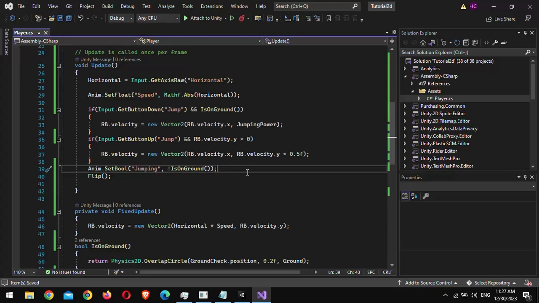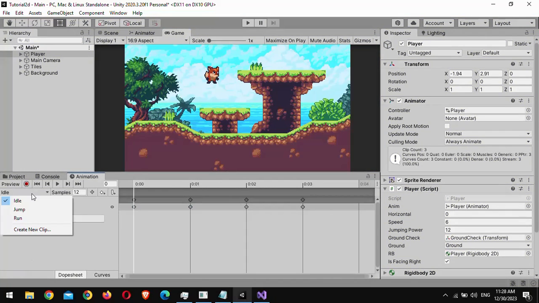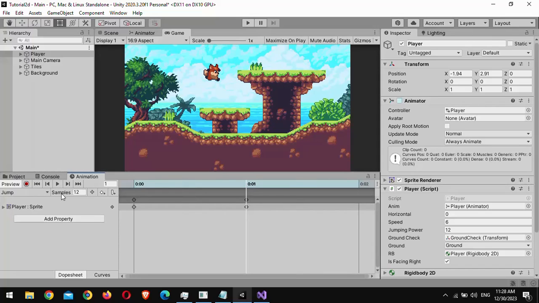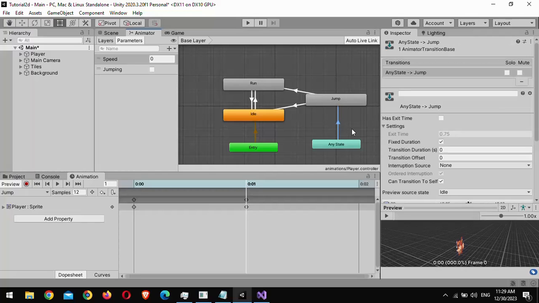Let's test this out. As you can see, I jump and it works fine. Now you can see that only one frame is actually moving from our jump animation. If we go to our jumping animation, we can see that there are 2 frames, but only one of them is being played. This is because when we go to our transition, we can go to the settings and there is